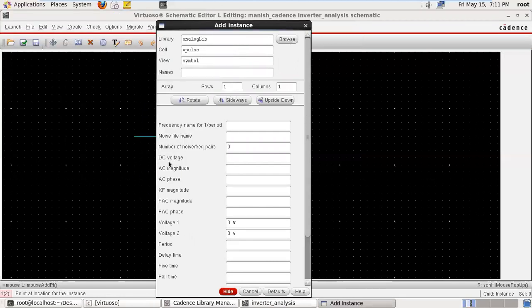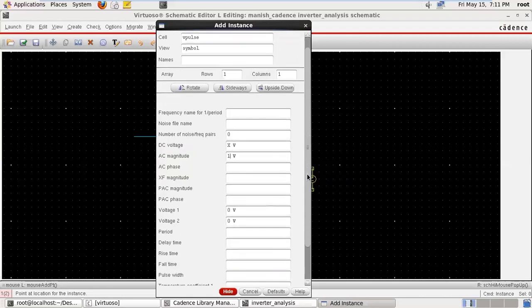So see here, this is the DC voltage. When you select this DC, whenever DC analysis is done, this DC voltage comes into existence, only DC significance. When you take this AC magnitude, it is useful in the AC analysis. So here we are making the DC as variable X, AC magnitude suppose 1 volt.